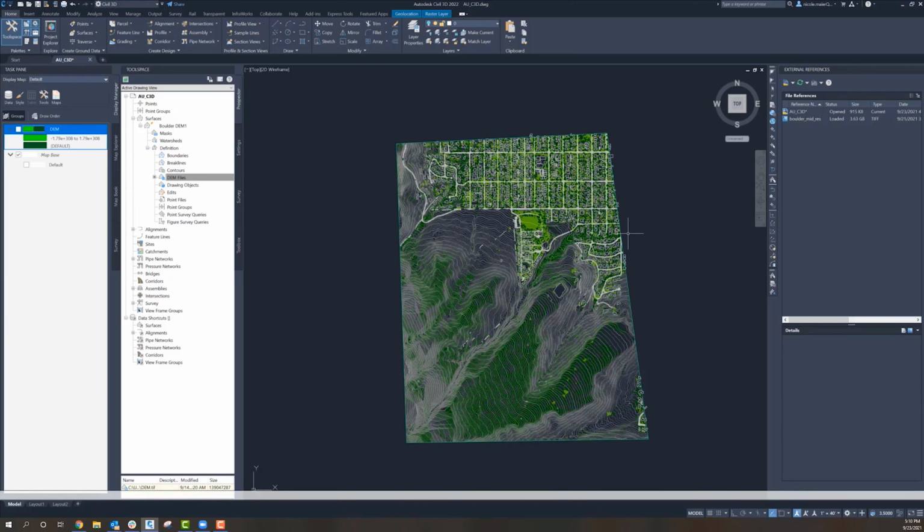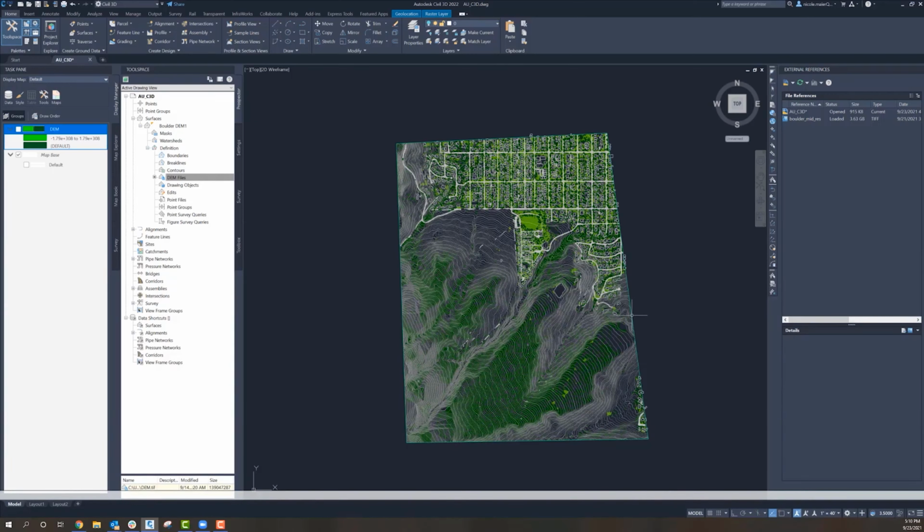Okay, so now that our surface tool has finished processing, you can see the contours that have been generated within here. I decided to turn off the backdrop image just for speed processing times for the purpose of this presentation. As you can see, our contours are now visible. They are giving that 2D representation of the 3D space from our DEM. You can see where the different elevation changes occur.